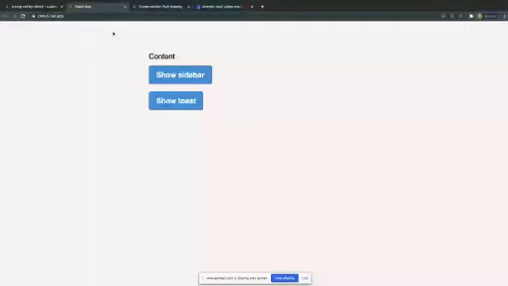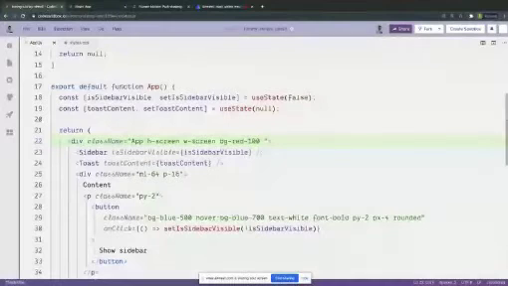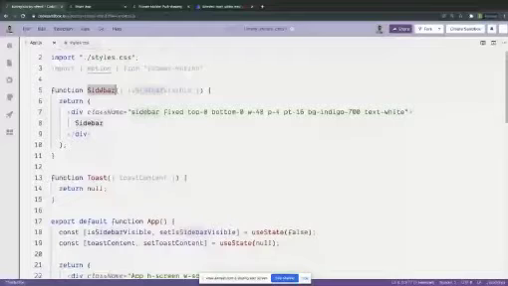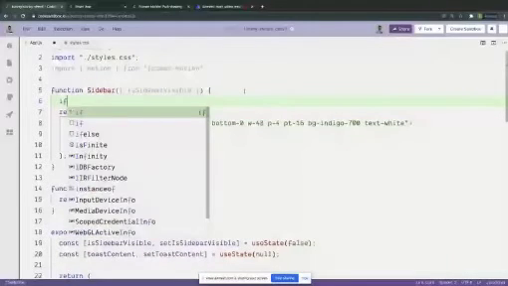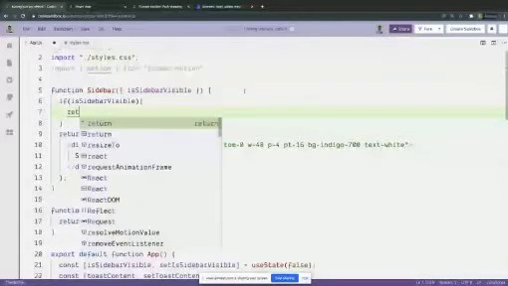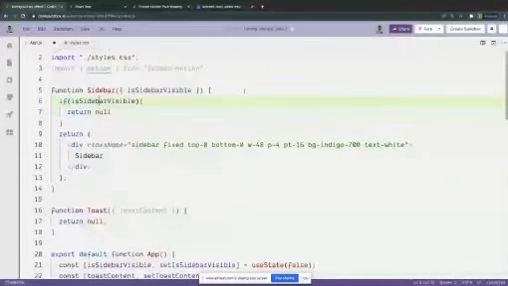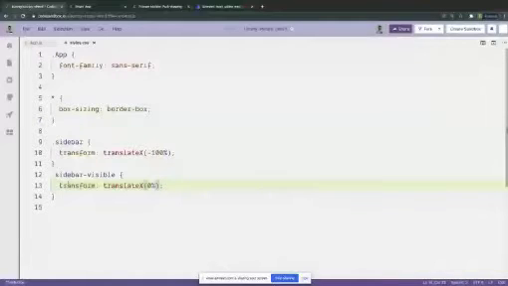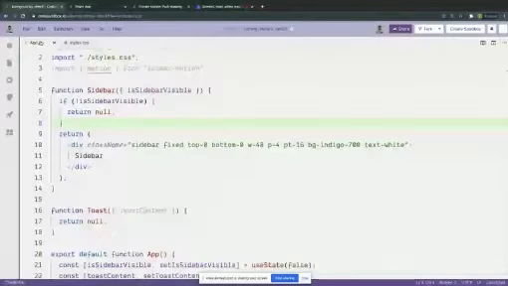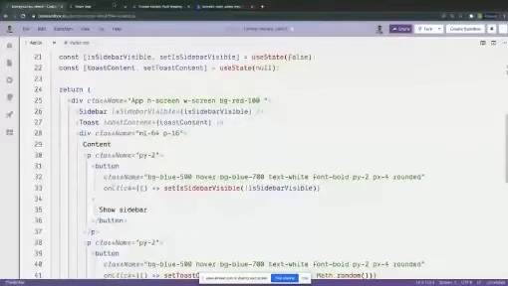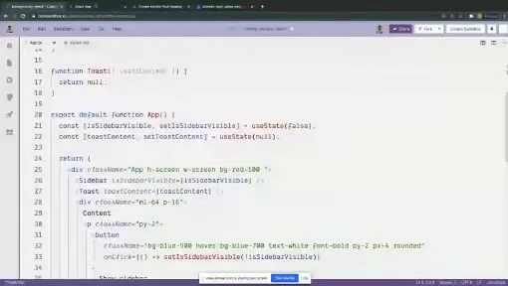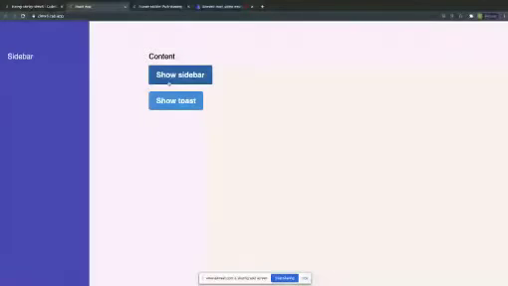I made a small app beforehand where I'm trying to show a sidebar when I click on it. One way to implement that would be to simply show the sidebar itself when it's visible, right? If it's not visible, then return null. If it is visible, then return the entire sidebar. I'm just going to comment these styles for now. And I have a state variable that is governing that. So I'm going to refresh the page. So the sidebar is visible. Of course, it's not animating. We haven't done anything to animate it yet.